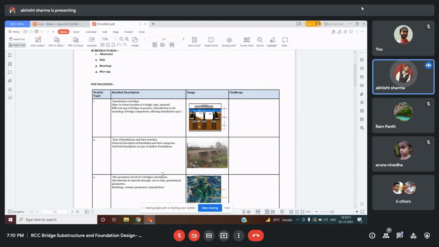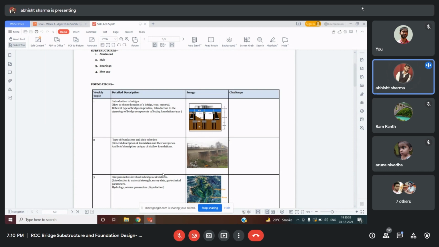But what parameters are there that you have to check on the site? How to check? How to propose those foundations and how to fix those dimensions. So we will cover those portions. Also, what are the tests that are required at the site, geotechnical recommendations, hydrological recommendations, and also the topographical recommendation